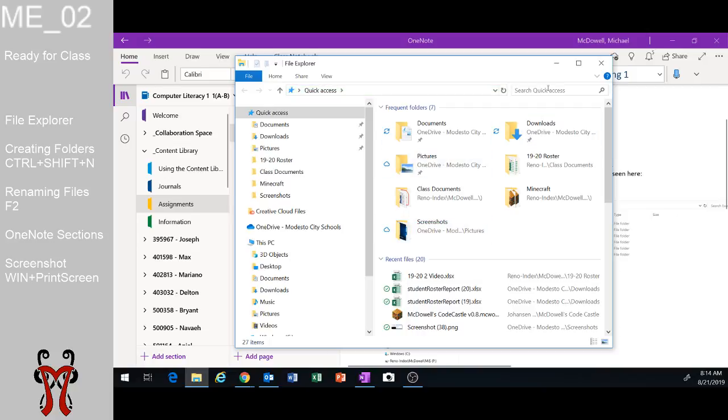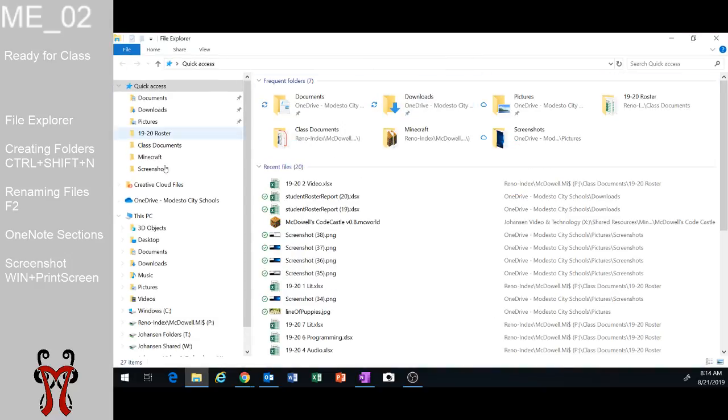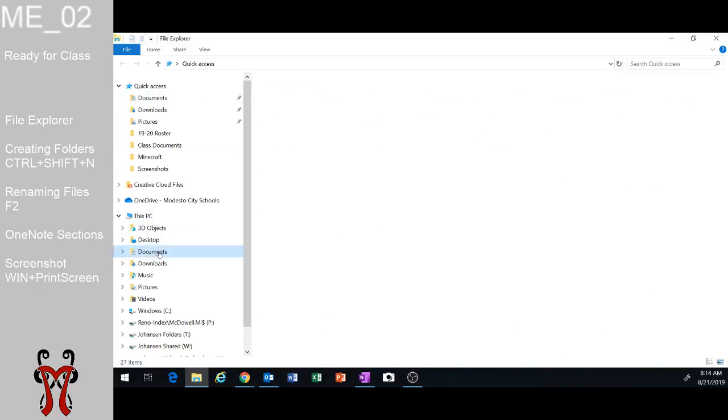All you need to do right now, though, is look at the layout of this program. You have most of the folders that you need to get to over here on the left-hand side. You have your frequent folders and your recent files that pop up. What we're going to do is click on the Documents folder over here on your PC. Now your Documents,